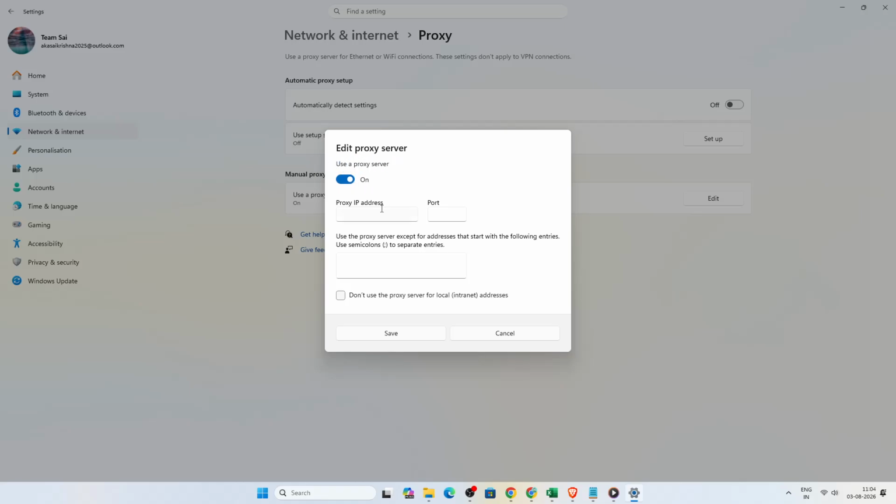Once that's enabled, type in the exact IP address or hostname, along with the port number provided by your network administrator or proxy service. It's important to enter these details carefully, because even a small typo can stop the connection from working properly. After entering the proxy information, save the changes, then restart Brave browser, so the new network settings